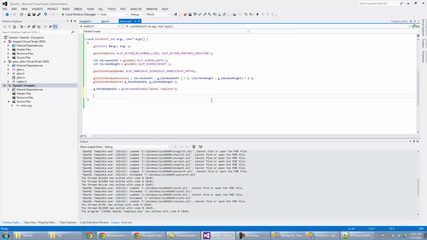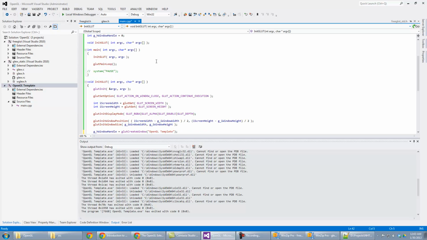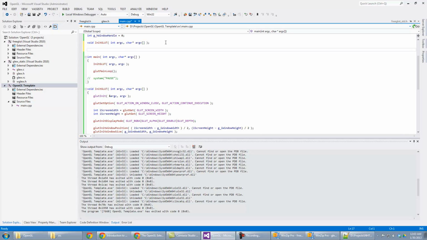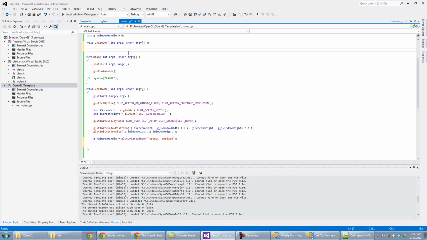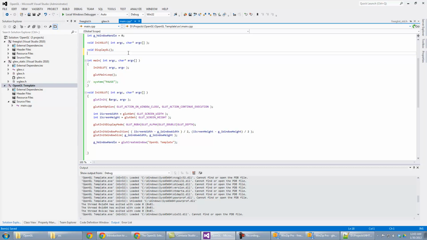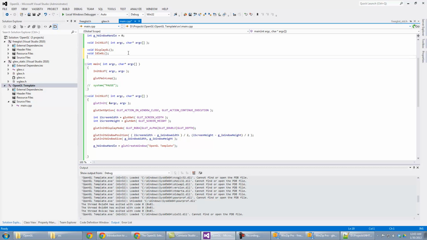Okay, so the next thing I want to do is specify some functions that get invoked when something happens, like GLUT has to display the window. So let's do that first. displayGL. I also know that I will have an idle function, so I'll have idleGL. And this is a personal preference, but I just postfix these with GL just to indicate that these are callback functions from GLUT, basically. And GLUT also has keyboard callback functions, so we have keyboardGL,